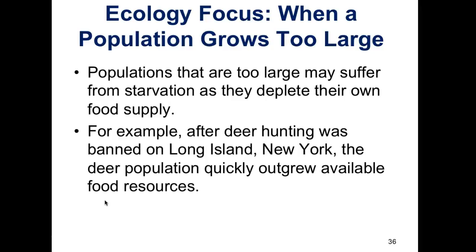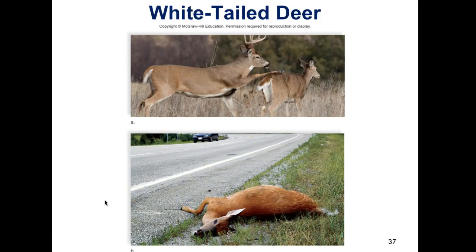So ultimately, populations that are too large may suffer from starvation as they deplete their own food supply. For example, after deer hunting was banned in Long Island, New York, the deer population quickly outgrew the available food resources. The other thing that would happen, so we could see examples here,